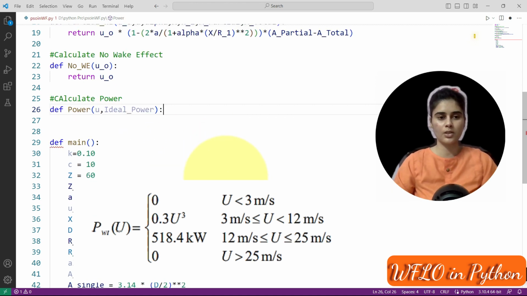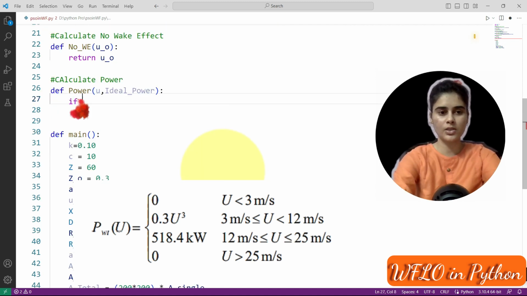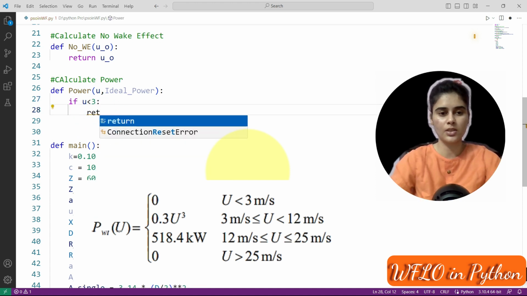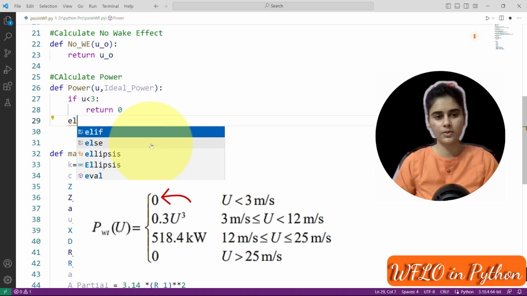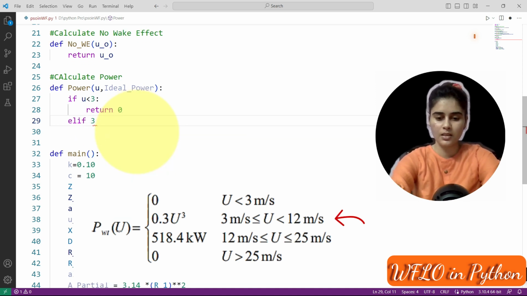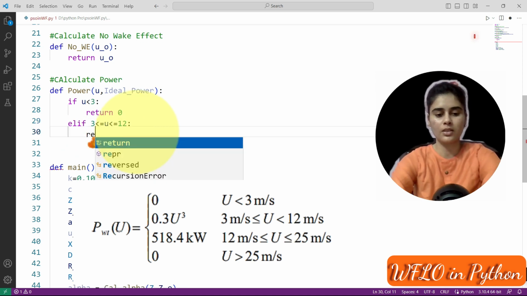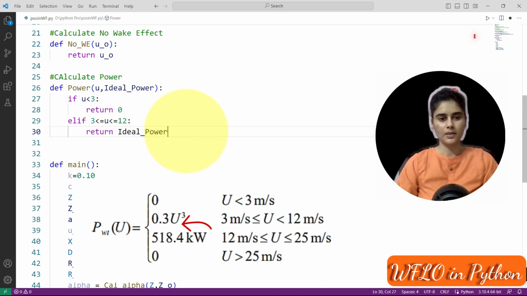So we are using this equation here. First condition: if u is less than 3, suppose wind speed is 3, then it will return 0. Next, else if the value for u is greater than or equal to 3 but less than or equal to 12, then return the ideal power.